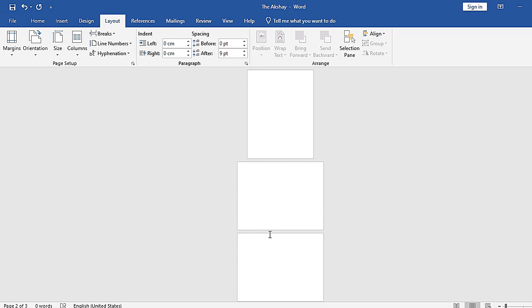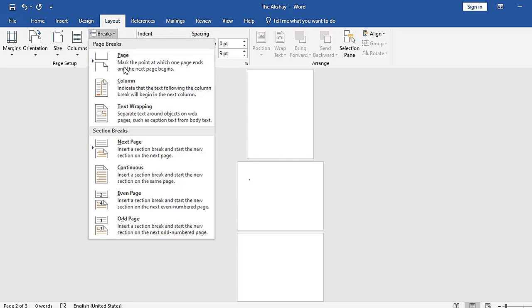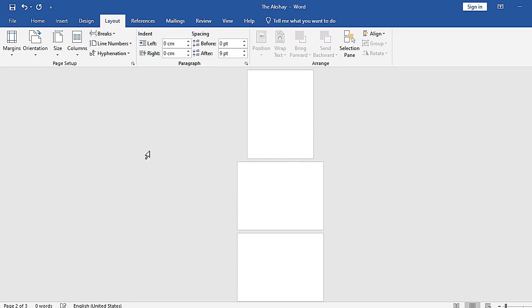Now what if you don't want that landscape? Simply you have to add here now a section break. So Breaks, Next Page, and since you want to make this portrait, so I'll click on that page, and after that, portrait. Okay, so only the second page is